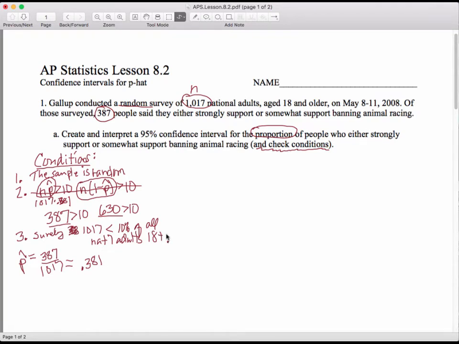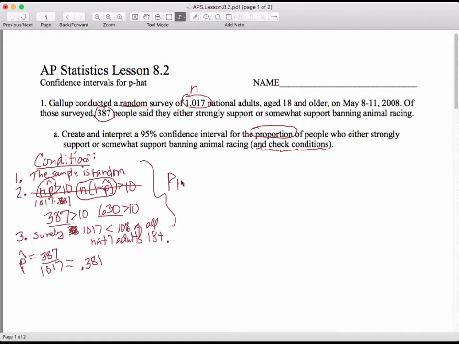So the sample's random. We checked our sample sizes. They're good. And the sample's not too big. So think about these three conditions. You're basically guaranteeing that the sample is random or representative. It's big enough, 387 and 630, but it's not too big because it's less than 10% of the population. Those are the three conditions that we check, and that guarantees that we can do what we're going to do,